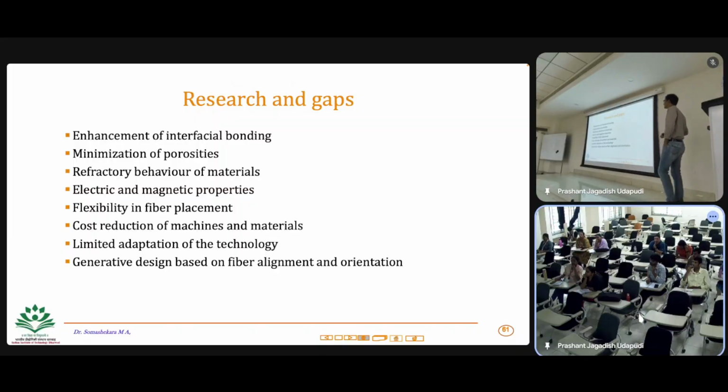their behaviors, and there are a lot of research gaps when it comes to electric and magnetic properties and how they change. As you know, one part of the technology is the flexibility in terms of design and manufacturing. But how about the properties when you actually print, especially magnetic and electric properties, and then how to